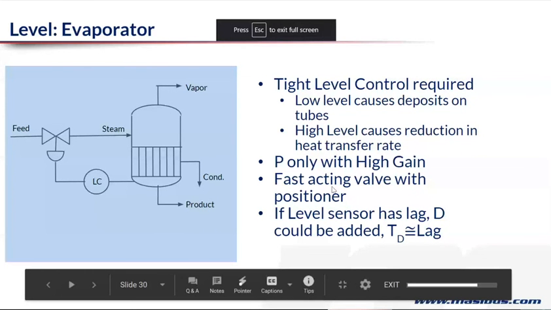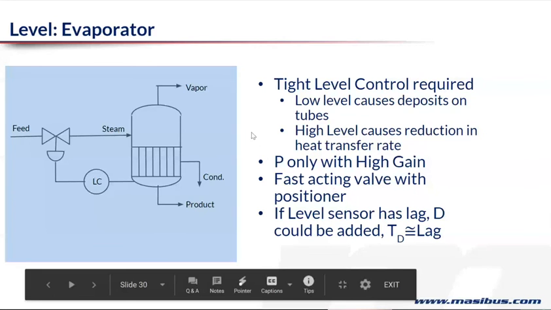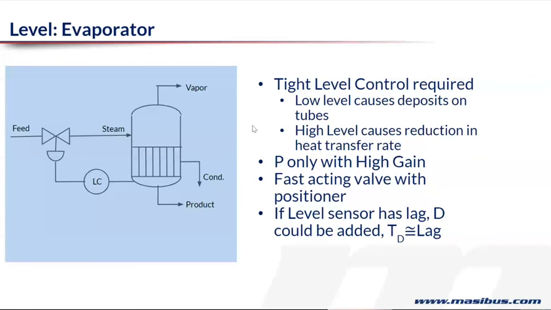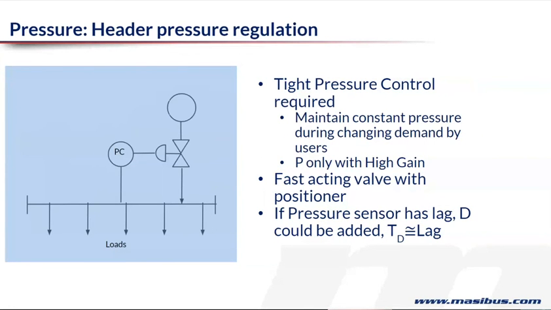Right. So here we've just seen a process of the evaporator. You are trying to do the level control, a tight control. But the tight control in this type of process you can actually do with a high gain, only a P controller. Because any deviation from the proportional band, since it is very narrow or the gain is very high, immediately applies a correction on the valve and does not allow the level to deviate from the set position. So this is one example.